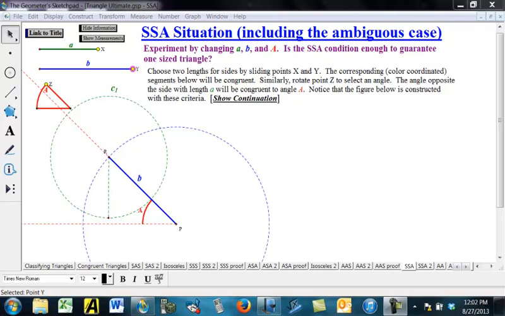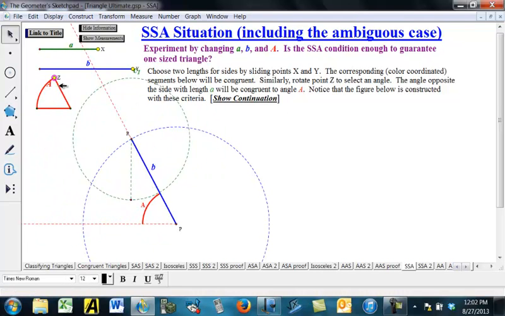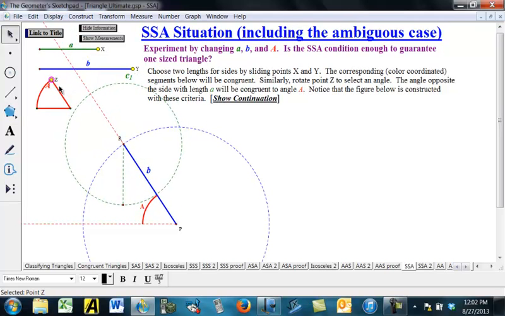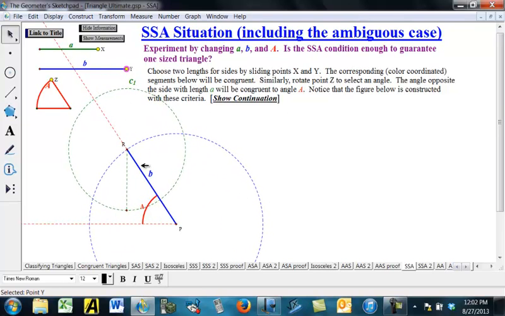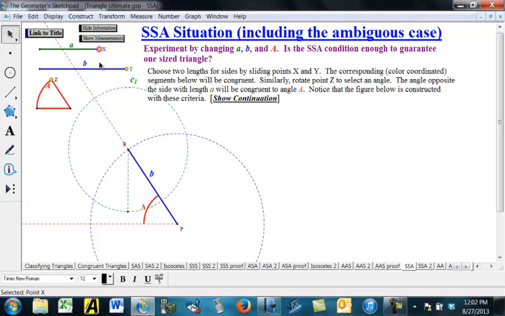So we're going to start by constructing an angle here and make that first, with our compass. Next, with our protractor, we're going to choose a length B along this side, and next we're going to choose the length A. Now the length A has to be opposite the angle A, and we choose this with our